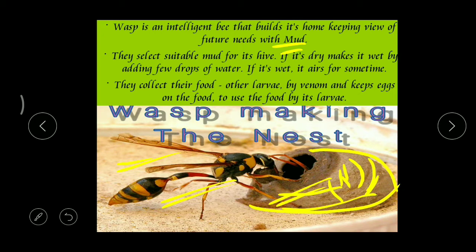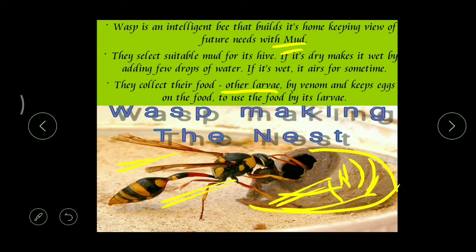Generally, we can find this kind of nesting in our windows. That means at our windows and also at the corners of the room like this. Have you seen? Okay. So after the construction, it stores its food. So what is the food for this insect? Means the larvae of other